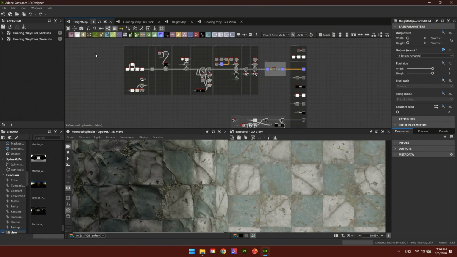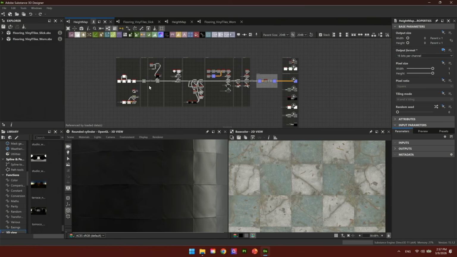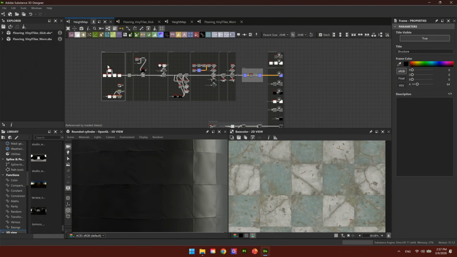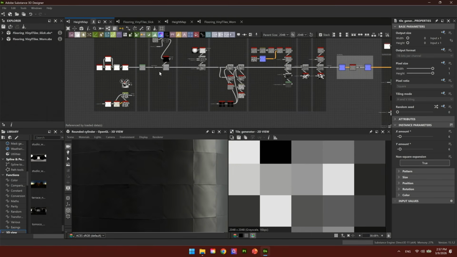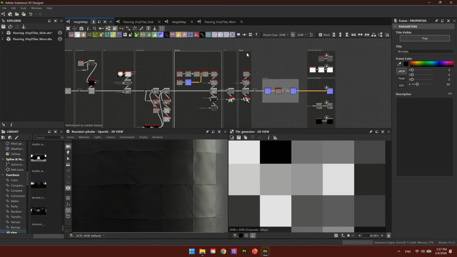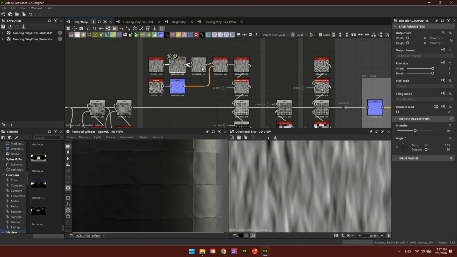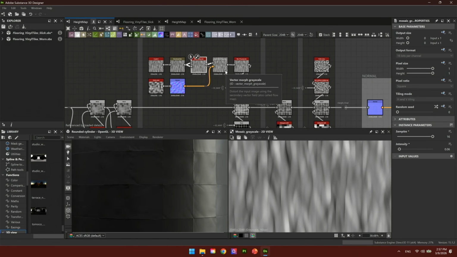So again, because we have only 30 minutes, we are going to focus on the biggest steps, and hopefully you will have a few interesting tips in it. So for example, here on the height map of the slick version, obviously, from the left to the right, you have the very beginning with the tile generator, the structure, but what I found interesting here was the creation of the wrinkles, the little ripples, and the normal tweak. So for the wrinkles, what I did is that I use a crystal directional blur inflate with a mosaic,